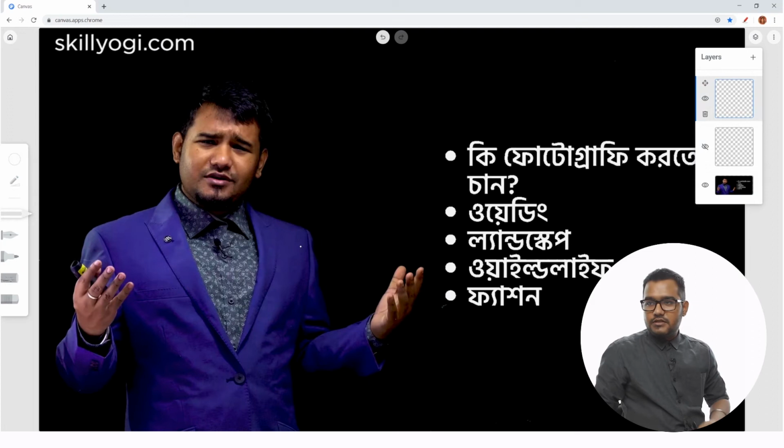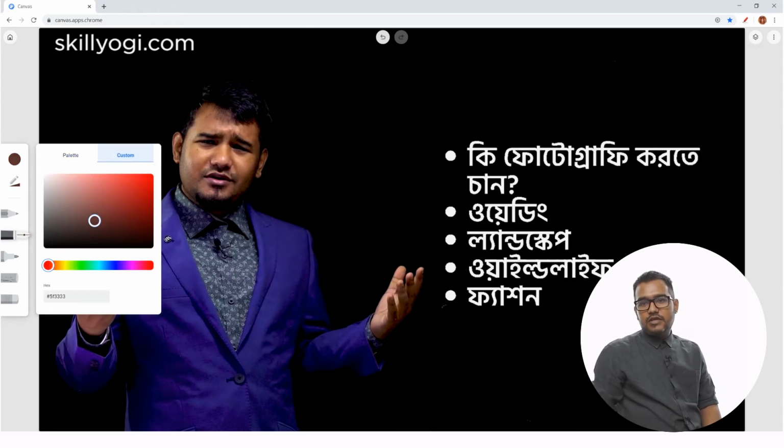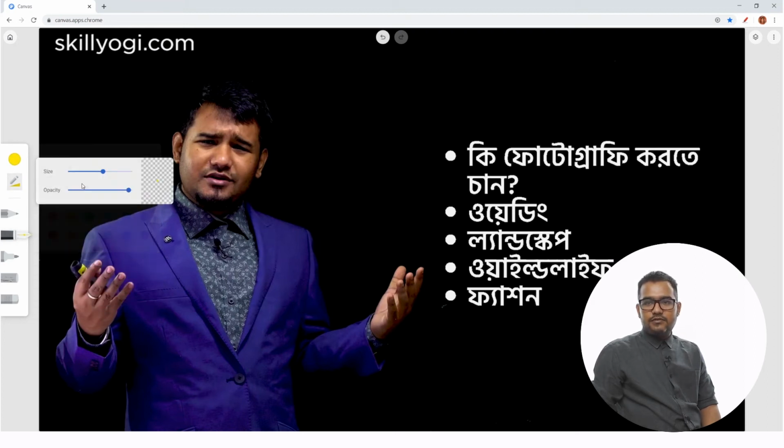If I just select this layer, I'll use my pen tab to write something. So I'll just select my pen here. You can choose any color that you want. For this, I'm going to select a light color, maybe a yellow color, or you can select from here. The opacity is 100% and the size is maybe 51. So if I want to write something, right,